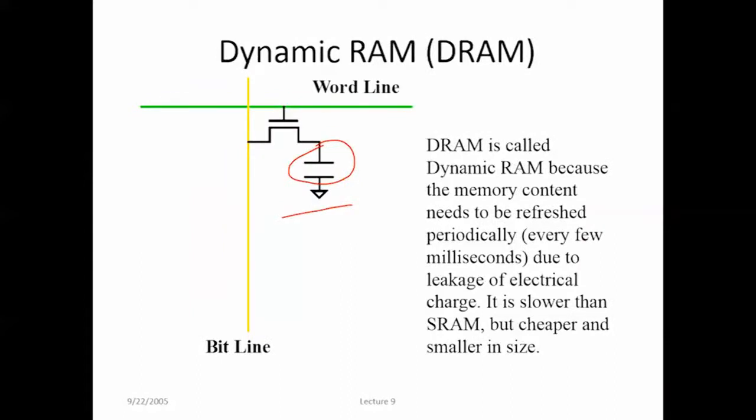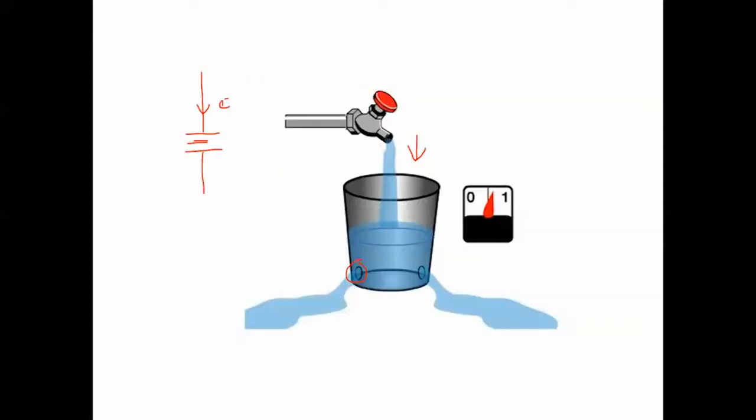Coming to the dynamic RAM, it has a transistor and a capacitor which are paired to create a memory cell, which represents a single bit of data. The capacitor is used to hold either a 0 or a 1. Now it can be compared to a bucket with holes. A capacitor is like a small bucket which is able to store electrons. Now to store 0, it is empty, and to store 1, it is charged. Now the problem here is that the capacitor is like a bucket which has a leak. In a few milliseconds, it becomes empty.